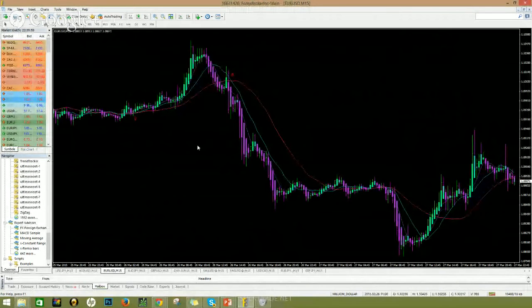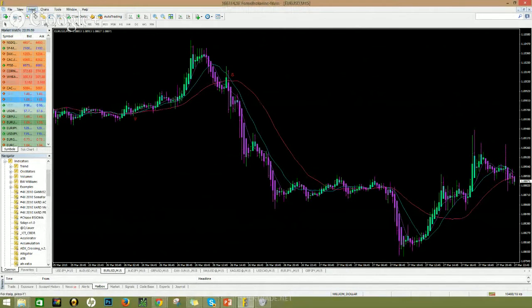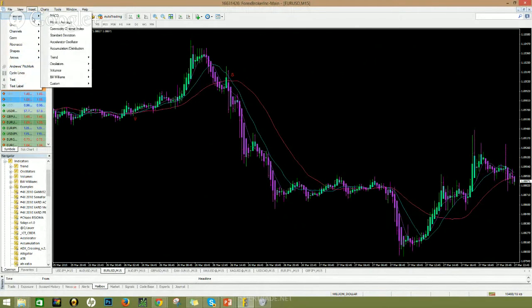Here's my MetaTrader 4 platform, okay? In the left, you're going to see a list of indicators here, right? You'll also see where you can insert indicators here. Insert indicators. And then what we're adding, as I already stated, is your moving averages and